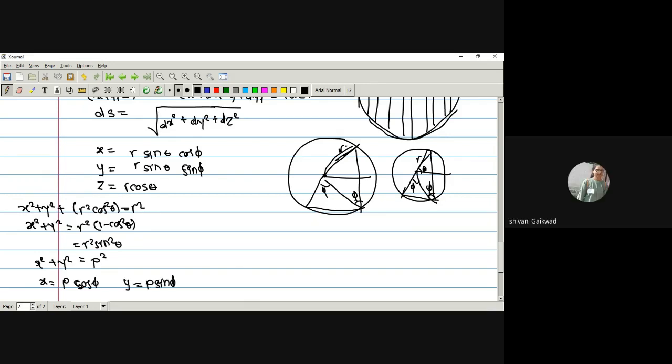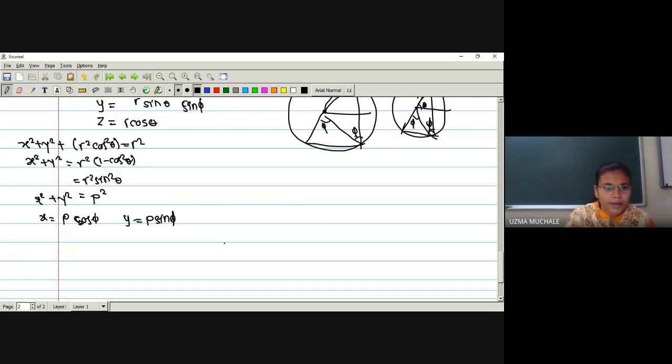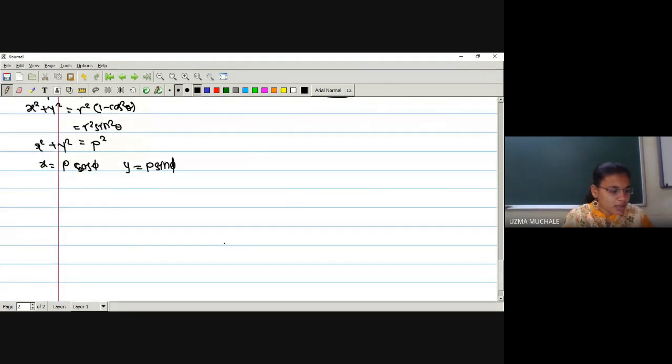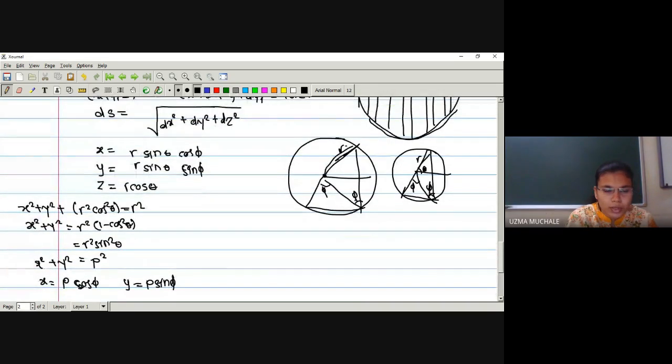Yes. So instead of having the value of p, you have to substitute r sin theta, and you will get the result. Okay. So this is nothing but the relation between the Cartesian coordinates and polar coordinates in the case of a sphere, right? So as we have to find out the value of dx square plus dy square plus dz square, what you have to do? We have to find out the value of dx square plus dy square plus dz square.